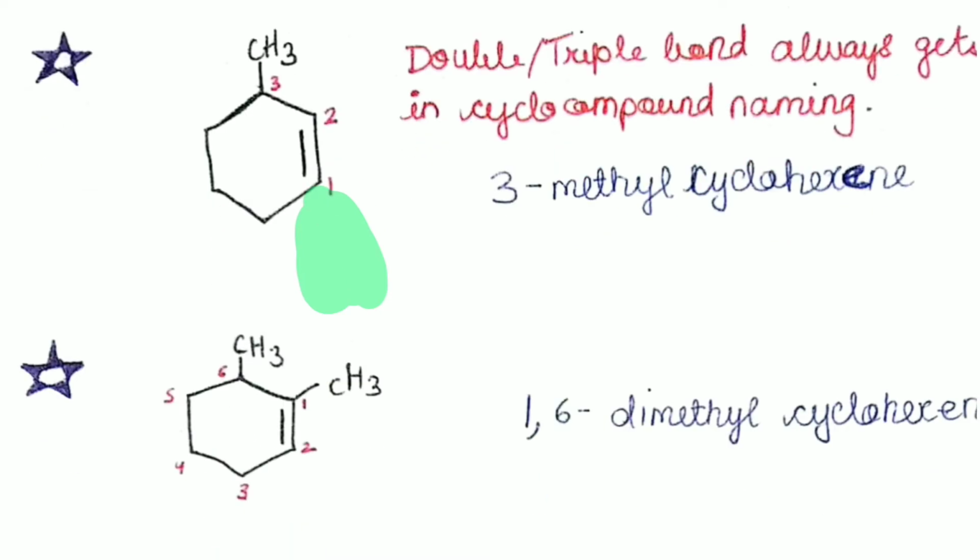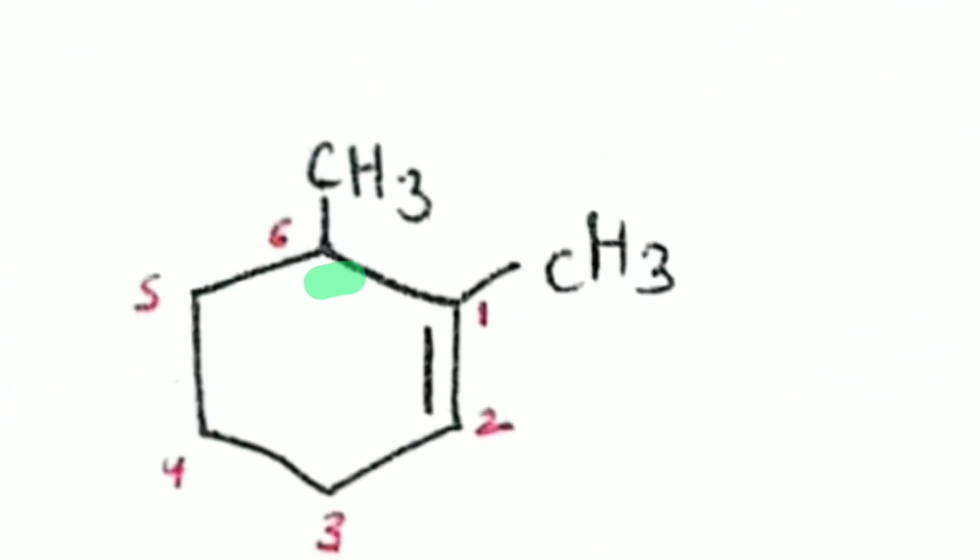Now let's look at the second compound, guys. Again, we have a cyclohexene to which there are 2 methyl groups attached. So now the only decision we have to make is how to do our numbering. If we do our numbering from the anti-clockwise sense, guys, we are getting the locants as 1, 2, 2 and 3. Okay, guys? And if we are doing our numbering in the clockwise sense, we are getting the locants as 1, 1 and 6.